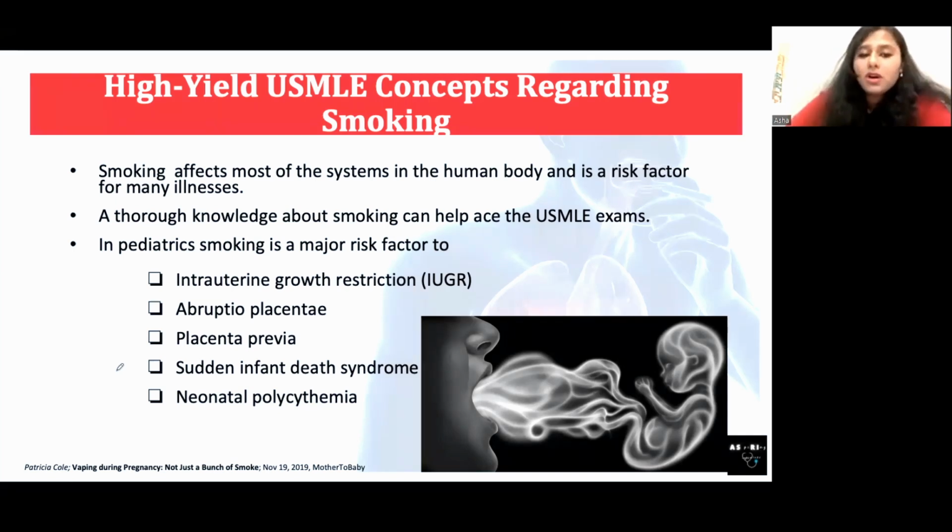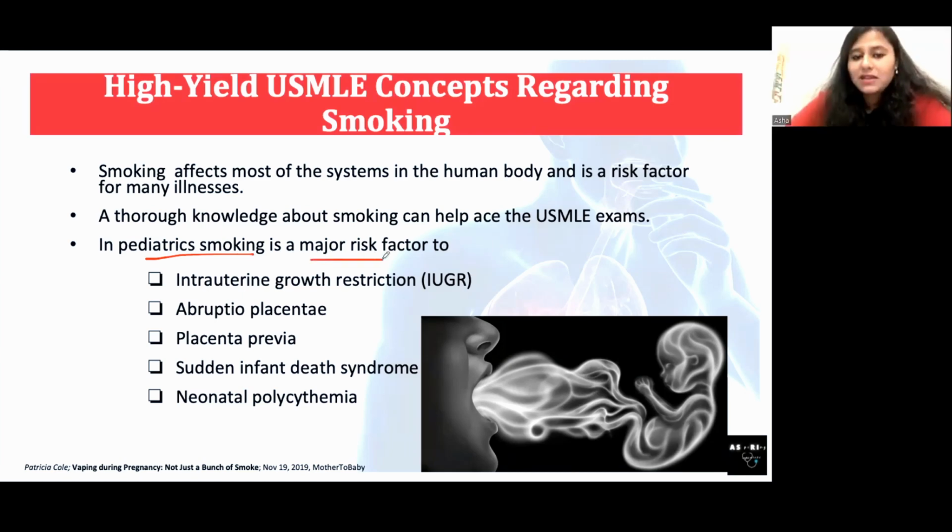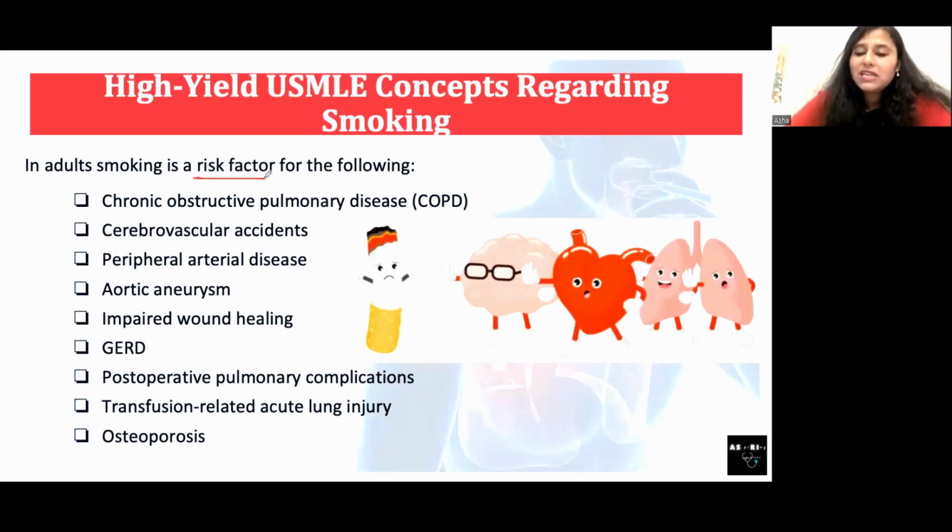And so a thorough knowledge about smoking can help ace the USMLE exams. In pediatrics, smoking is known as a major risk factor. It can be there in intrauterine growth restriction, abruptio placentae, placenta previa, sudden infant death syndrome, and neonatal polycythemia. Other risk factors we should keep in mind are, of course, COPD, strokes from cerebrovascular accidents, peripheral